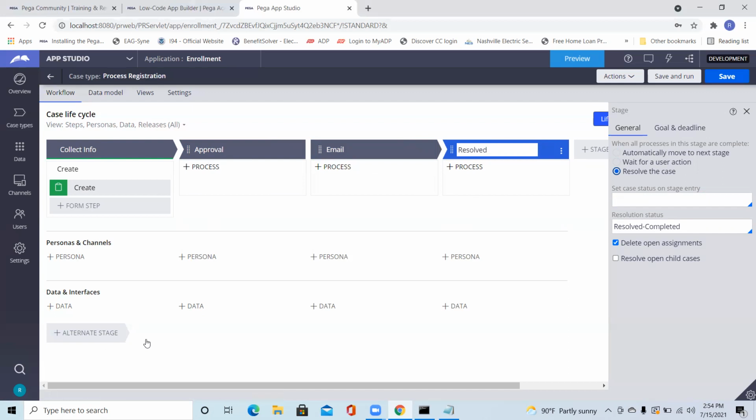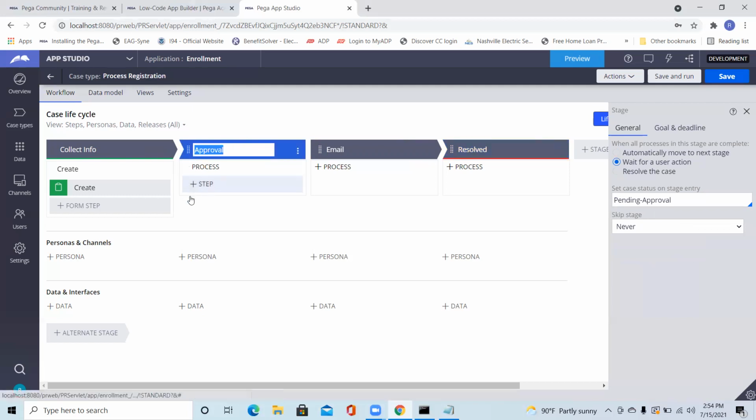Okay. But we need to add here both, right? Approved and denied. Only one thing. The name should be like what you are going to do at that stage, but approved or denied we will add here. Okay. So under stages we have processes. This process is nothing but what is called a flow. Under that flow, what are the steps we want to follow?